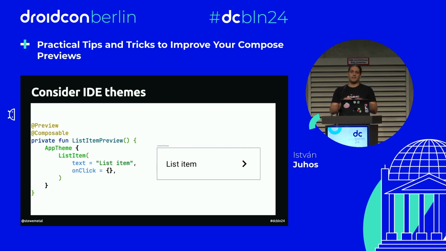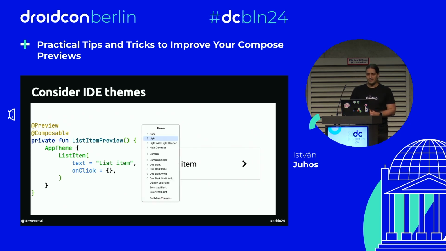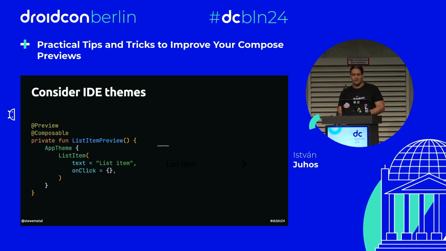So the developer says, okay, I'm done. I'll push this code into the repo. Other developers in the team will review it, and it will pass. And then comes a new developer who is a fan of the dark mode, or the dark themes in Android Studio. So let's switch to the dark theme then, and see how that preview looks like in the dark theme